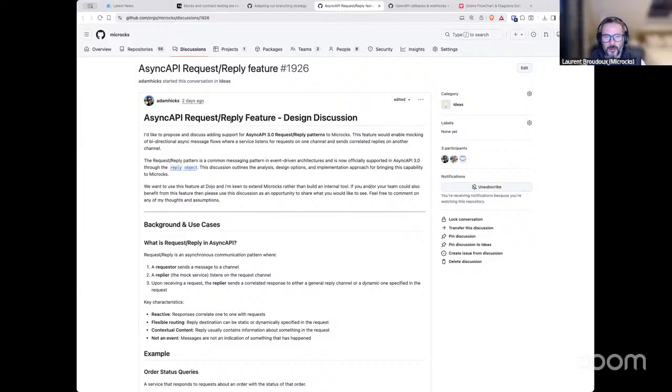So I will try not to spoil Adam's ideas, but yes, he did great work, by investigating this new topic of AsyncAPI, which we are not implementing at the moment.